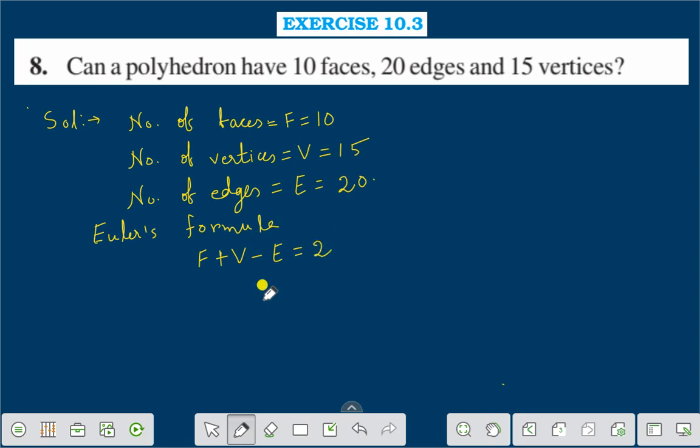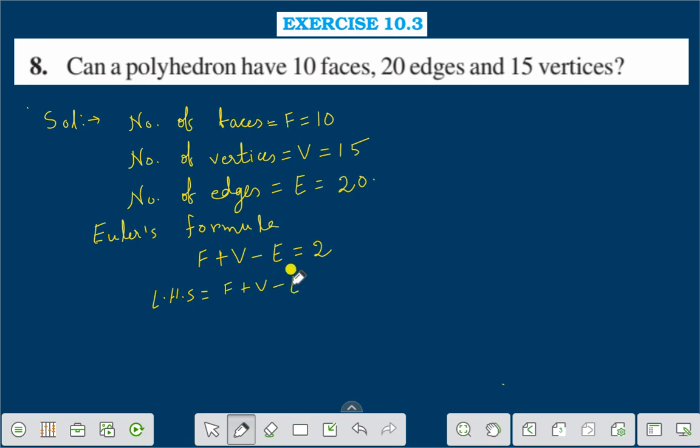Right? Let us check whether we are getting this value or not. Let us check F plus V minus E, that is the left hand side. Left hand side is equal to F plus V